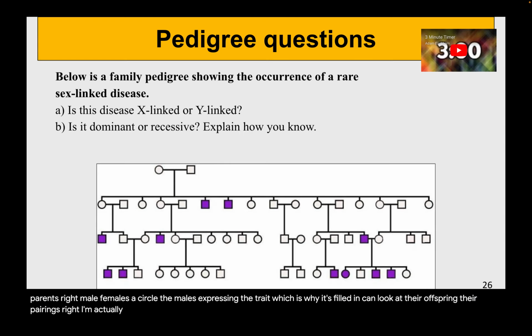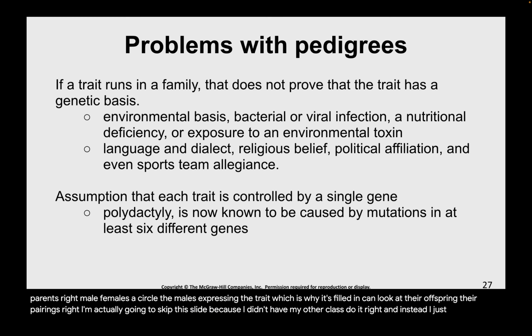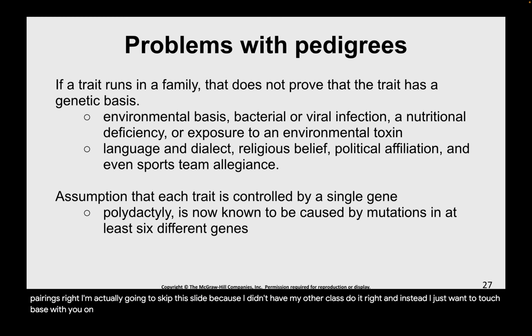I'm actually going to skip this slide because I didn't have my other class do it, right? And instead, I just want to touch base with you on that pedigrees can have problems to them, right? It's not always simple, right? First of all, if a trait runs in a family, I think I bumped my